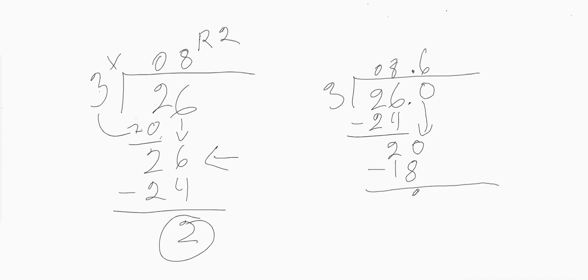Now, this is going to be annoying for you because you're going to get another 2, which means you're going to put another 0, which means you're going to bring down another 0, which means you're going to do your 18. Now, we're going to do this for 2 significant figures because clearly this is going to repeat. So this is going to be 6, 6, 6, 6, 6, all the way into infinity. But in 6th and 7th grade, your teacher's usually going to ask you for significant figures. So even in this particular scenario, while 6 goes off into infinity, your answer is going to be then rounded